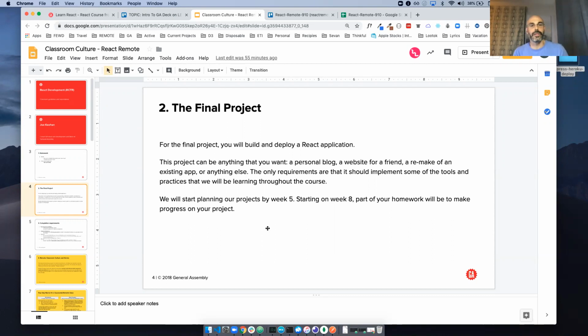As you start to learn things, you can start architecting your React application, start building out small things, investigate the rest of the React ecosystem, like Reactstrap, which is the Bootstrap version of it, or I work with D3, which is a data visualization library, and there's versions of that for React also. And it can be anything you want. Personal blog, website, for a friend. So some people want to remake sites for other people. That's fine too. Somebody wants a portfolio site, build them a portfolio site.